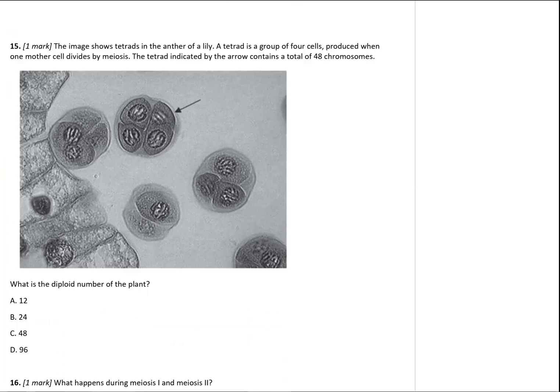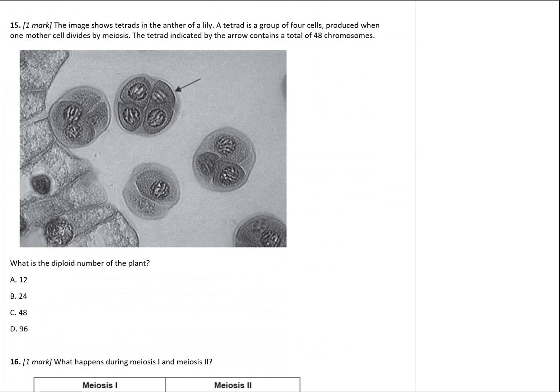Okay, 15. So a good old haploid diploid. This tetrad contains 48 chromosomes. Okay, so what is the diploid number of the plant? So that's the number of chromosomes in a single non-sex cell. And so that's going to be B, 24. Okay,